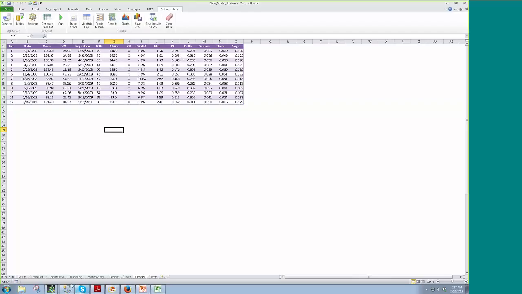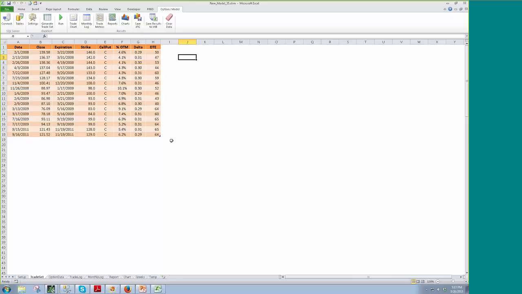So those are the two systems that I wanted to show, the long and the short. There's a variation of the long system that I do want to show, but